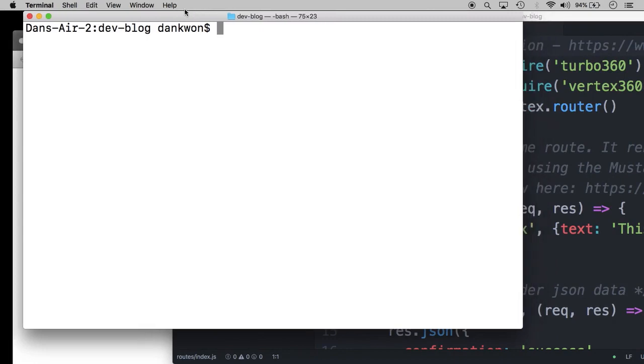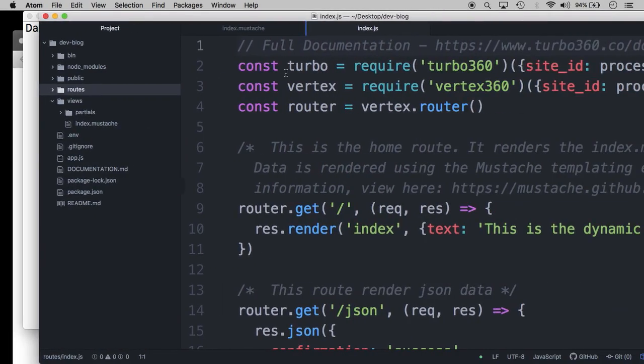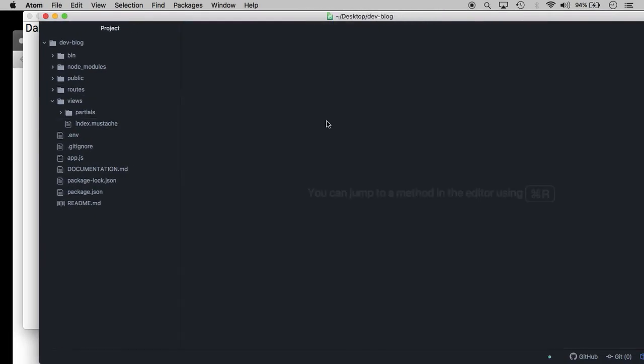So the next thing we want to do is extend this initial scaffold because it's very bare bones, right? It doesn't give us much to work with other than one page and a simple route. There are no models here. There's no database connection, nothing of that sort. There's no REST API. Really, nothing's connected. So we can set all that up from scratch, but what we're going to use is a feature on Turbo called Templates, which basically gives us pre-formatted projects with certain models and API endpoints that we can use